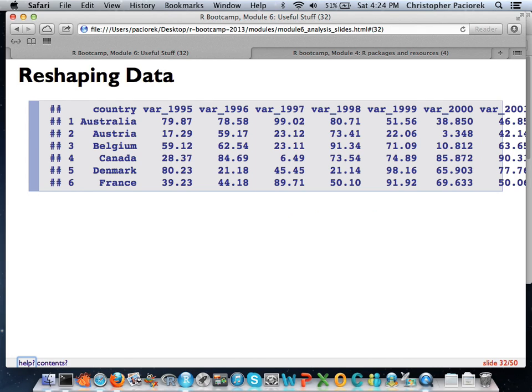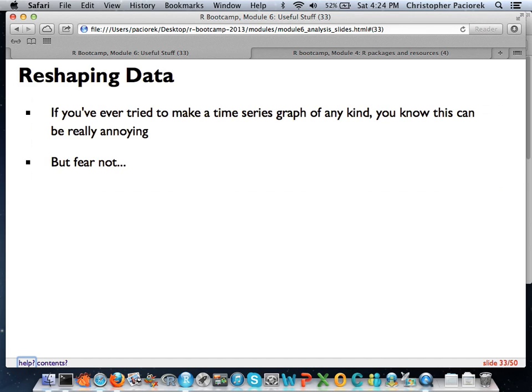And all you wanted to do was just put a time series graph up there, but the things are in columns like this, and the countries are down here, and sometimes this can be really annoying to have to try and coerce in some way to get it such that you could basically just isolate these particular years right here. You could put it into a column and then very easily feed it into some sort of graphing program. So the same guy who made this whole plier package also made another package which will make your life easy called reshape2, which basically takes a data set of some sort like this and coerces it in a way that you'd like.